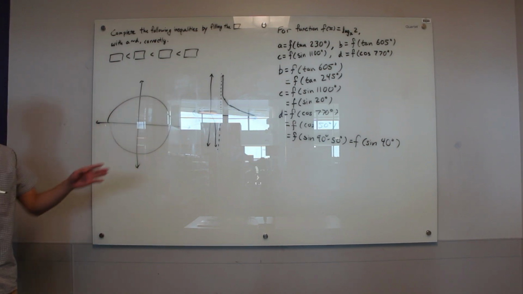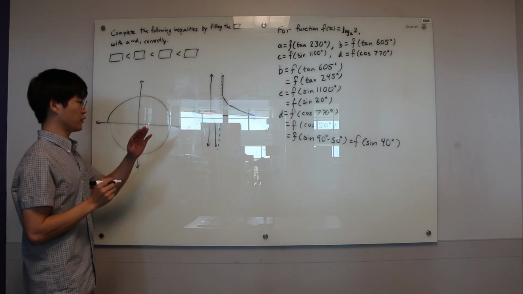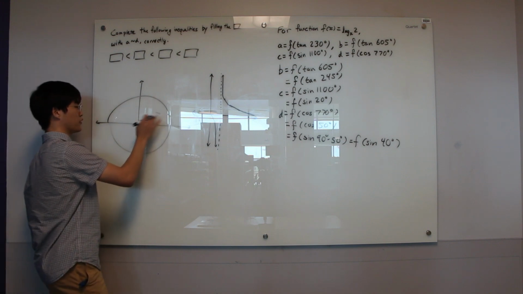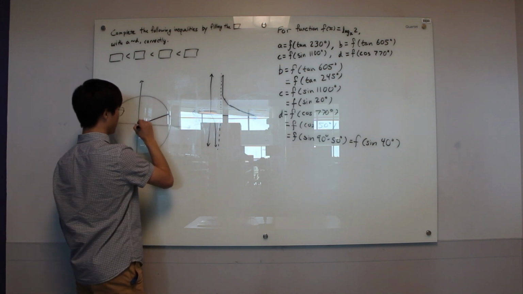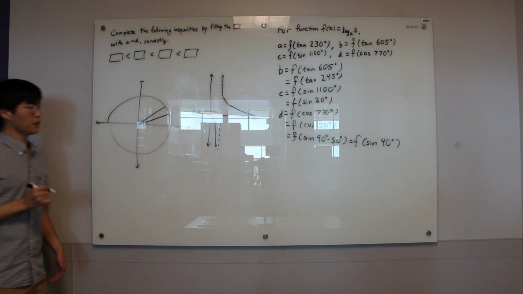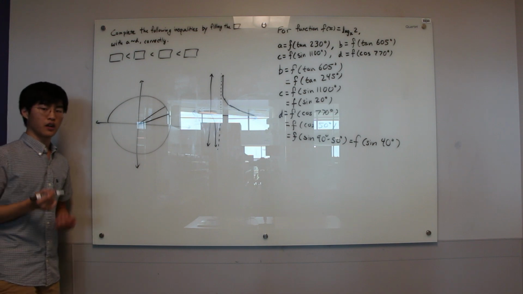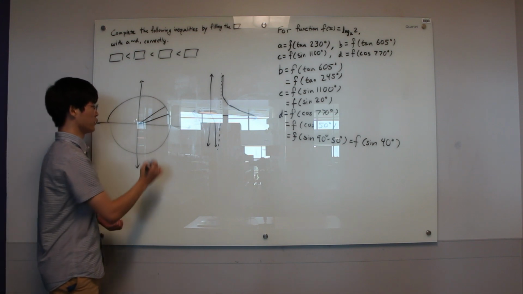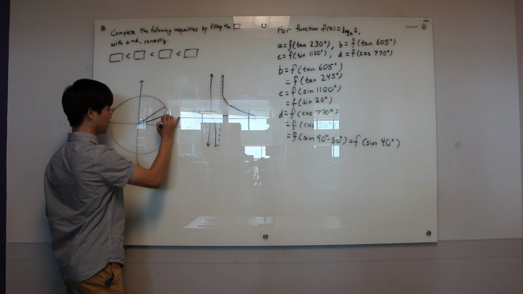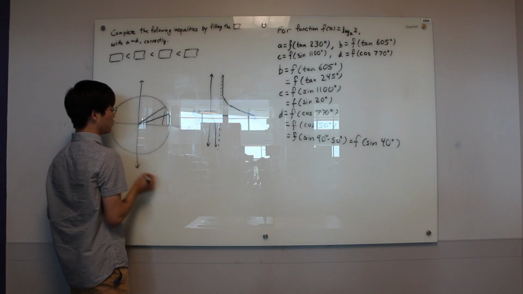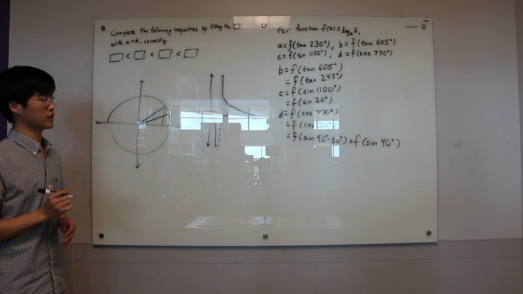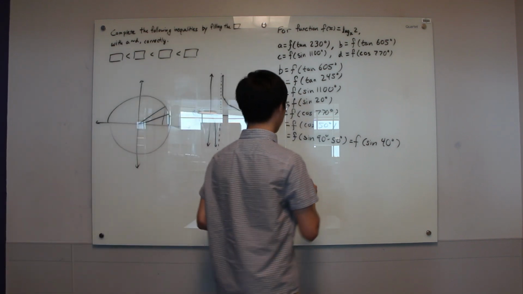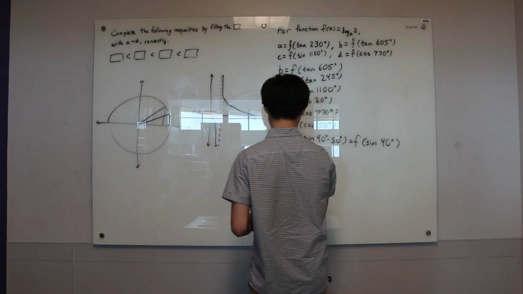Okay, so in the case of sine, we know that with sine 20 degrees and sine 40 degrees, it's going to be in the first quadrant. So we can say sine 20 degrees looks something like this, sine 40 degrees looks something like this. Now, what is a sine value on a unit circle? On a unit circle, it's just a y value. So if we look at both these values, we easily realize that 20 degrees is actually a smaller y value than 40 degrees. Because of that, we can say that sine